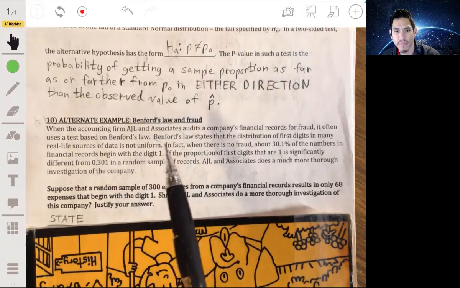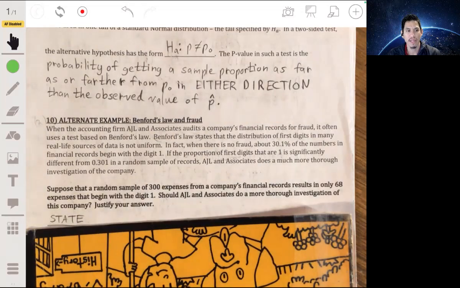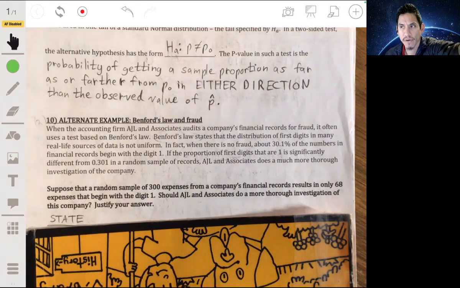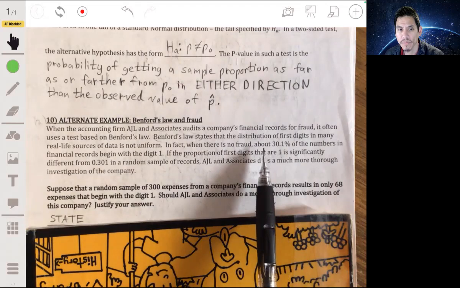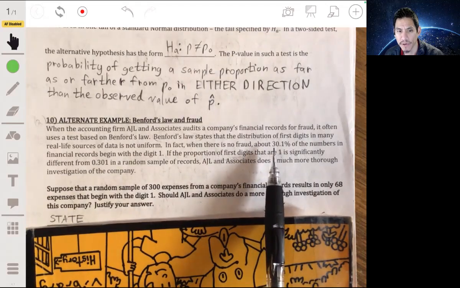not uniform, meaning that even though we use 10 digits for our number system, 0, 1, 2, 3, 4, 5, 6, 7, 8, and 9, the chance of the first digit being 1, 2, 3, 4, 5, 6, 7, 8, 9, or 0 is actually not 1 in 10. It's actually not 10% for each of them. Most people would think that it follows a different distribution. And here it says that it's actually that